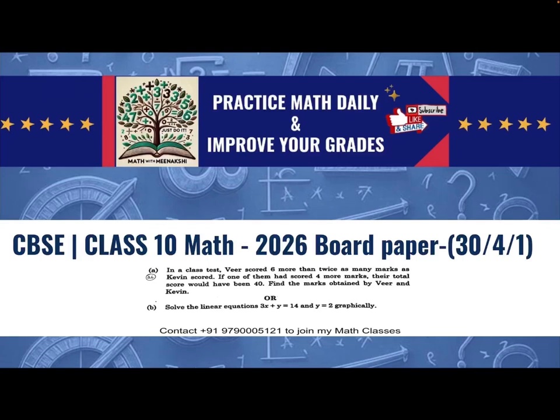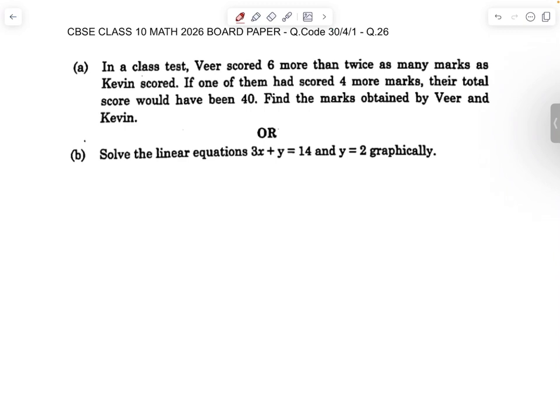Hello all, in this video I am going to solve question number 26 part A and B from CBSE grade 10 standard math 2026 board paper. The question paper code is 30/4/1. The A part of the question says, in a class test, Veer scored 6 more than twice as many